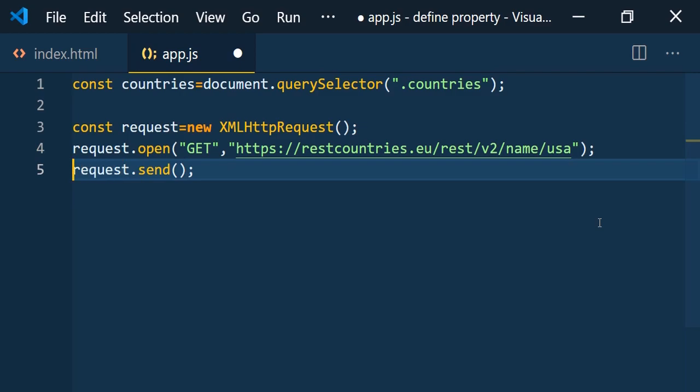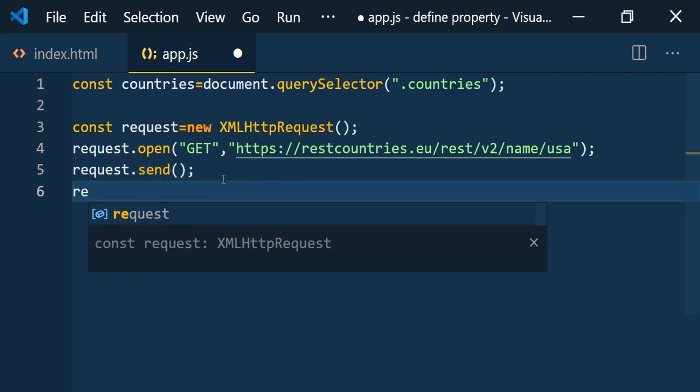You can't assign this data to any variable like this and use it, because whenever we call the send method, it is going to hit it and it will be running in the background, and whenever it is done, it will execute the load event of the XML HTTP request. So we need to listen to the load event of XML HTTP request.